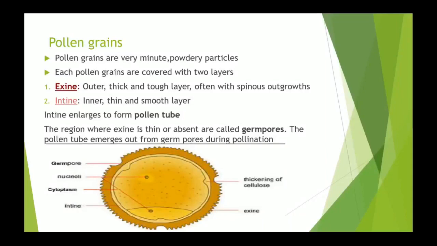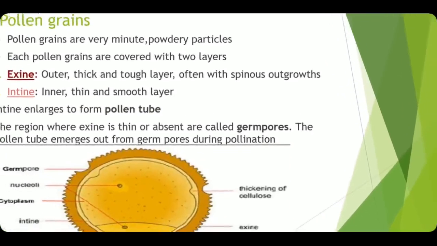Now the next topic is pollen grains. As I told you, pollen grains are present on the anther in the pollen sacs. There are a total of 4 pollen sacs in which this powdery substance is present. This powdery substance can be transferred by air, water, or by different insects, animals, birds, human beings. The pollen grain also has some structure. It has two layers. The outer layer is called exine and the inner layer is called intine.